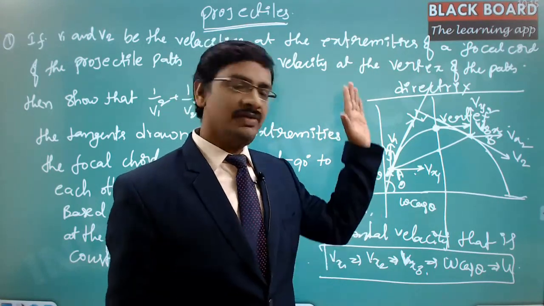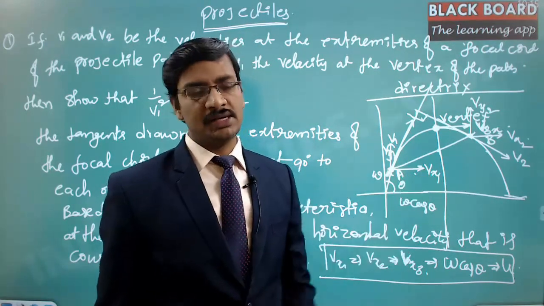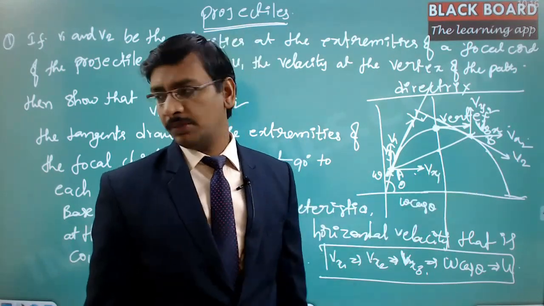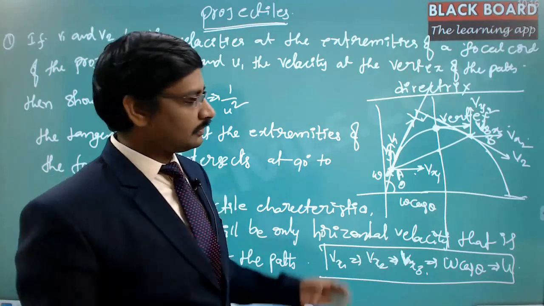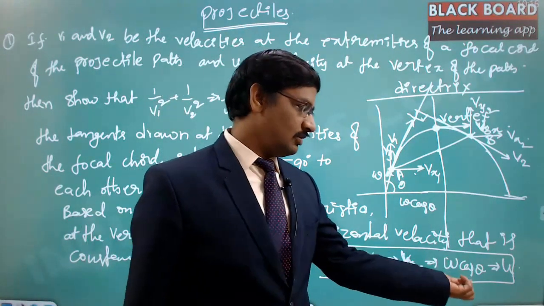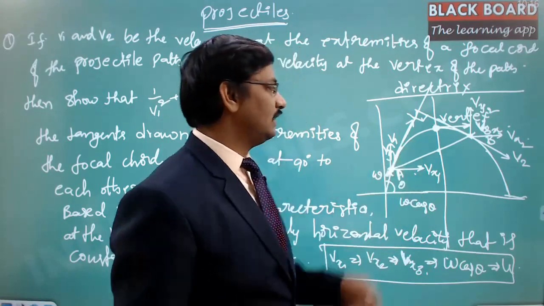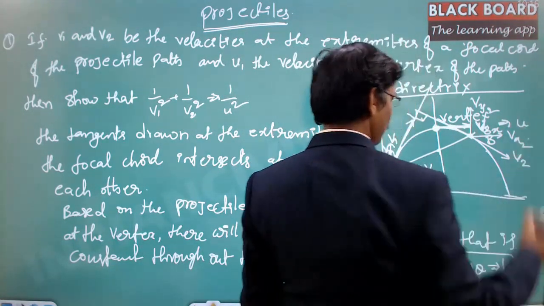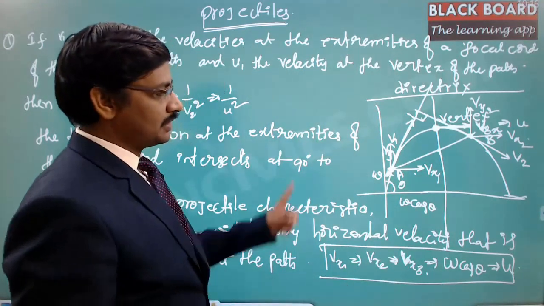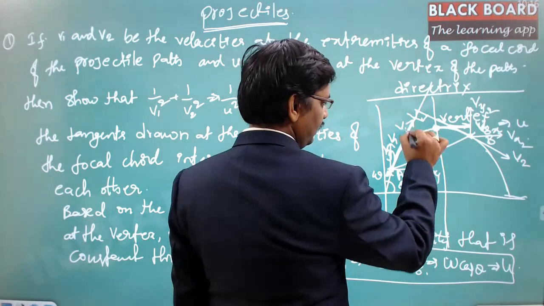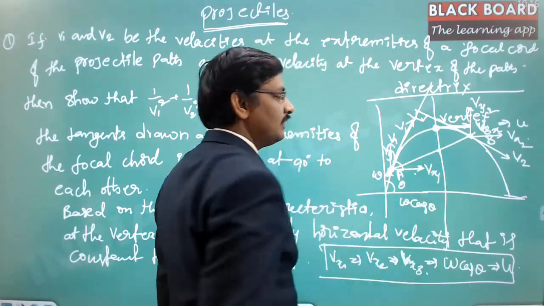So with respect to the vertical path, horizontally there is no acceleration. Hence the velocity whatever we give initially is going to continue throughout the path, right? Now here Vx1 is equal to Vx2 is equal to Vx3 is equal to w cos theta is equal to u, because the horizontal velocity at this point has been given as u in the problem statement. Now based on this path, if v1 is in this direction, then v1 cos theta is equal to Vx1.